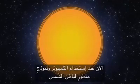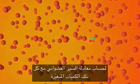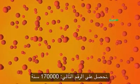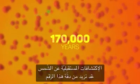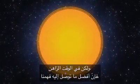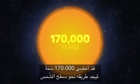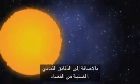surface. Now, when we use a computer and a sophisticated solar interior model to calculate the random walk equation with these changing quantities, it spits out the following number: 170,000 years. Future discoveries about the sun may refine this number further, but for now, to the best of our understanding, the light that's hitting your eyes today spent 170,000 years pinballing its way towards the sun's surface, plus 8